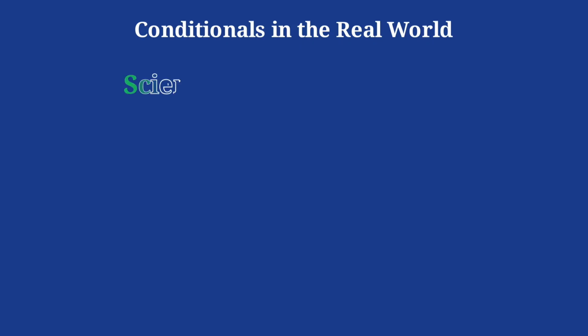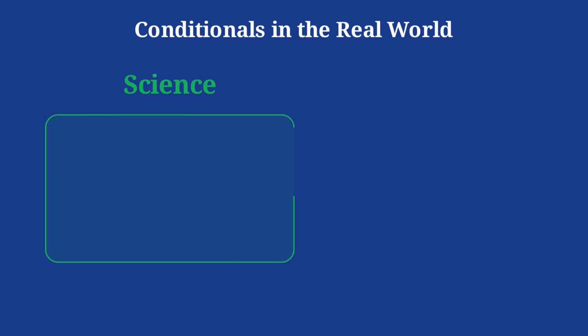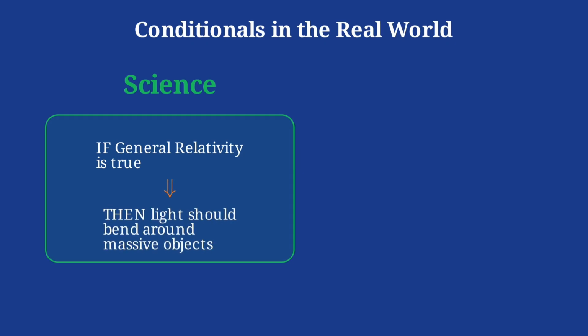This isn't just an abstract game. This structure is the basis for all scientific and legal thought. In science, we say, if general relativity is true, then light should bend around massive objects. This is a testable prediction. We observed this in 1919. The hypothesis led to the predicted conclusion,